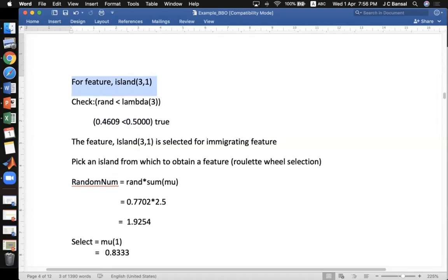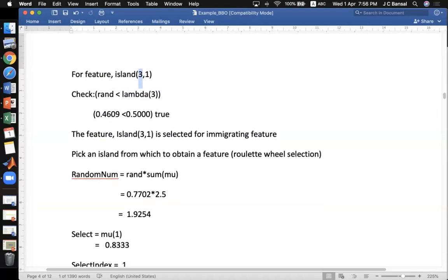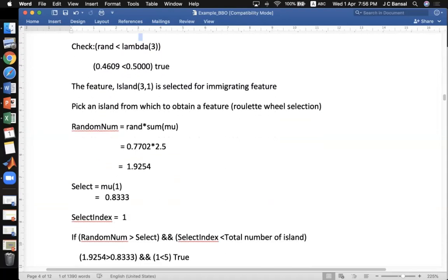Now we'll repeat the same process, roulette wheel selection process, as we did earlier for the 2 1. We'll do the same for the 3 1, and let us see if we found any emigrating habitat different from 3. So here again the same process. First of all, we will define this random number, which is a random number between 0 and 1 multiplied by the sum of mu's, which is again 2.5.